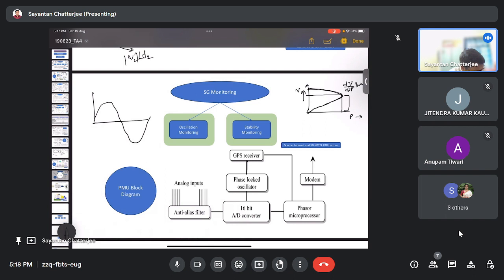The trigger of the phase locked oscillator would be at the same point when the phase of the GPS signal is locked with the sampling pulse, and hence the analog inputs